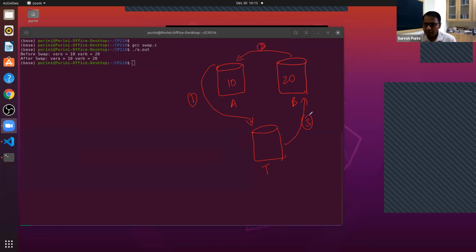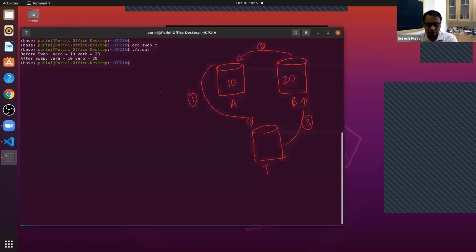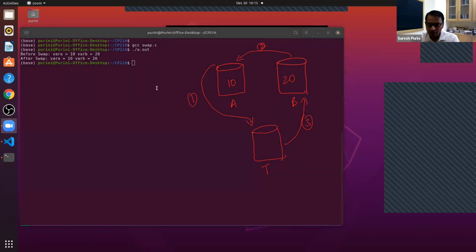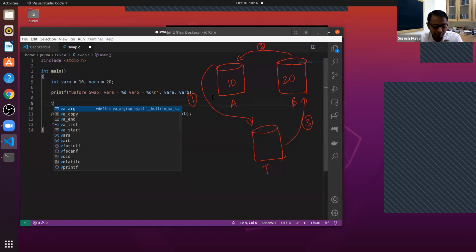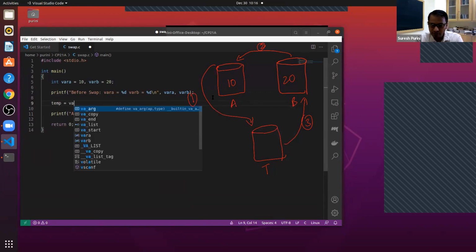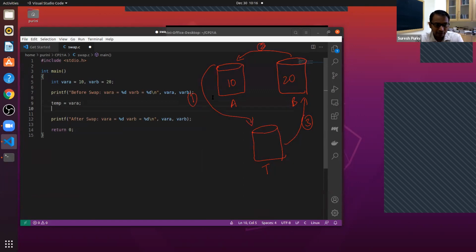That's all, no? Can we do exactly the same thing in the program also? In order to swap, we'll have a temp variable. temp is equal to var a. Then var a is equal to var b.